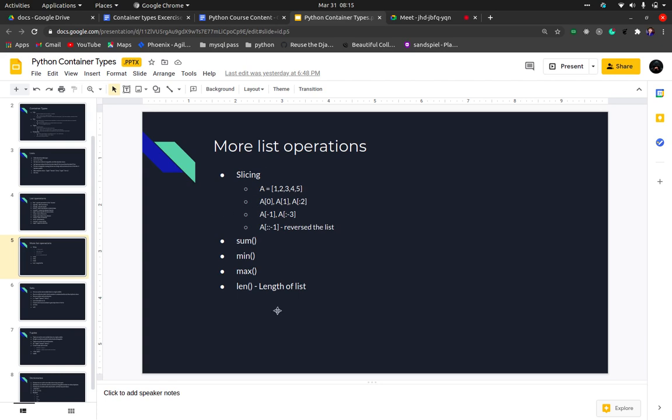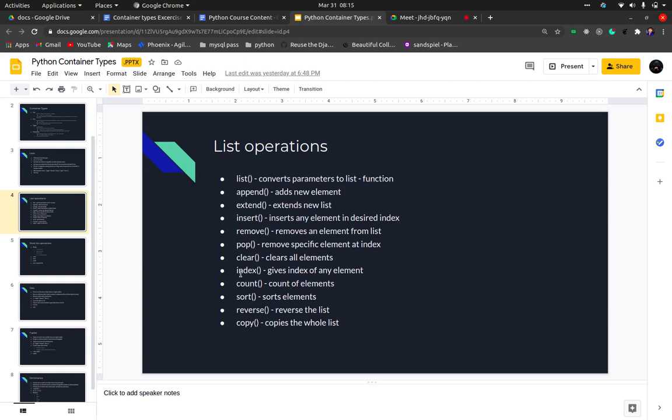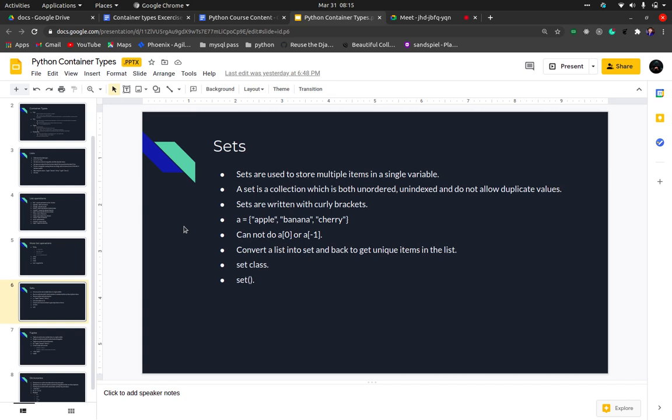So this is all about lists, how you can slice them, how you can use all these methods. But for other things we don't have any of these methods. We just have some advantages over lists. Why we use sets, why we use tuples, and how we can convert them into lists, so that we can use all these methods. We'll learn all these things now. First we will discuss sets.